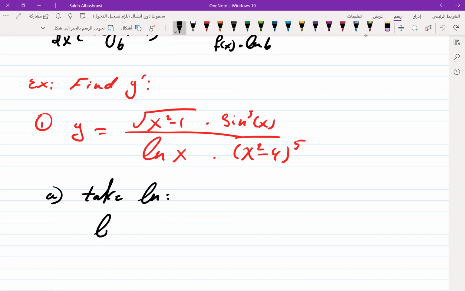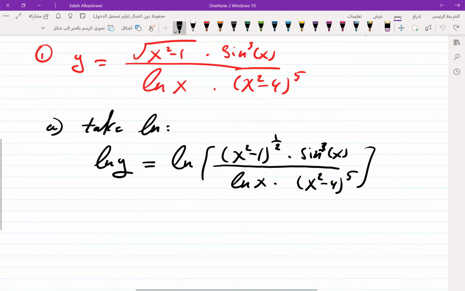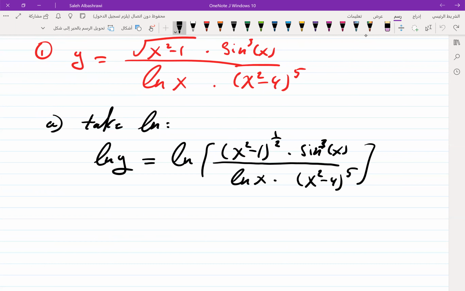I will have ln of y equal to ln of x squared minus 1 to the power 1/2 multiplied by sine to the power 3 of x, divided by ln of x multiplied by x squared minus 4 to the power 5. Now let's simplify. This will give me ln of y equal to 1/2